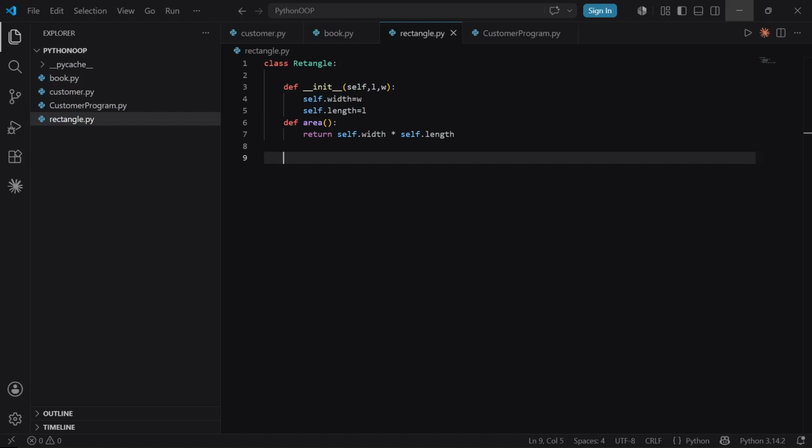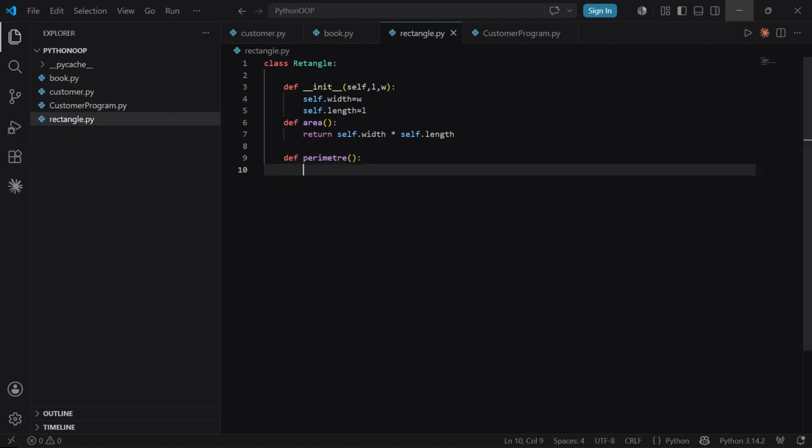We are told also to calculate the perimeter, and we know the formula of perimeter shouldn't be an issue on that. So what is the perimeter of a rectangle? It's just the total length around the edge of a rectangle. And since we are trying to calculate the total length,